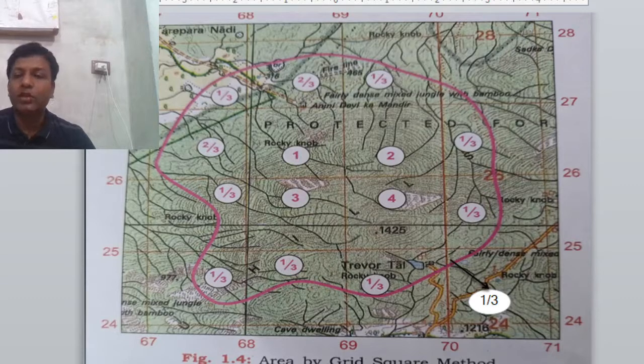So before I start this class, for the first 2 minutes I want to discuss easting and northing. Dear students, this is a topographical map. As I told you in that video, the vertical line is called easting, and this is the horizontal line, where 25 is written. The horizontal line is northing. So start from here: 67 is easting and 24 is northing.